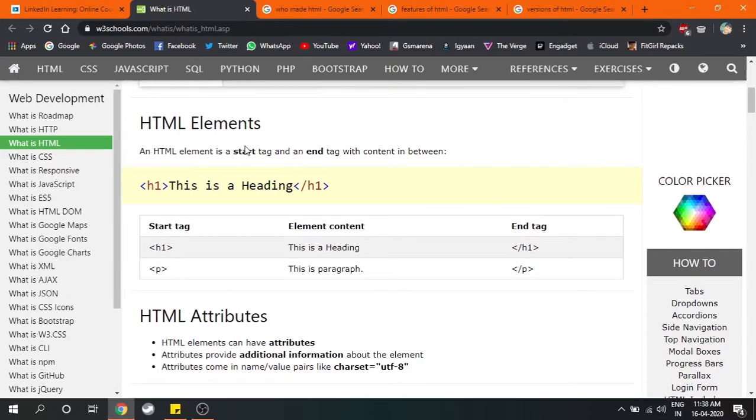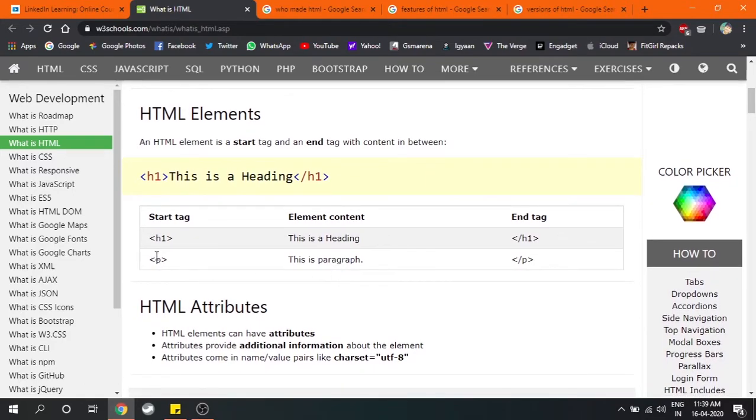So what is a tag in HTML? To start a tag, you write something like this. You write a particular existing tag that is given to you before you start coding. There are predefined HTML tags like this H1 tag, which starts this way and ends with a slash. It is used to make a header, so whatever is written inside it will be bigger than the normal text. Then the p tag is used to make a paragraph.